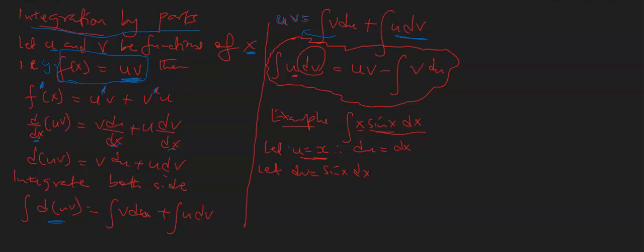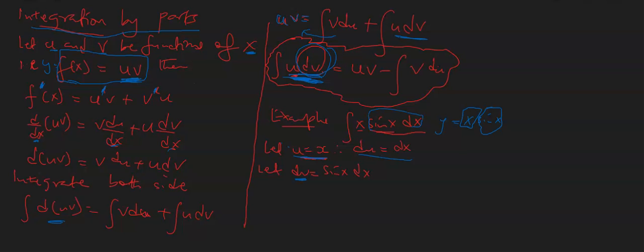For example, if you have the integral of x sin x dx, whereby we are saying the function f of x or y is the same as x sin x. So this is made of two parts, or it's a product of two functions, x and sin x. So we let our u be x, and then if you differentiate, you get du/dx. So we are using this. So u is x, and therefore dv will be sin x